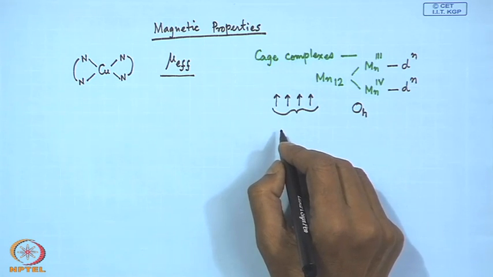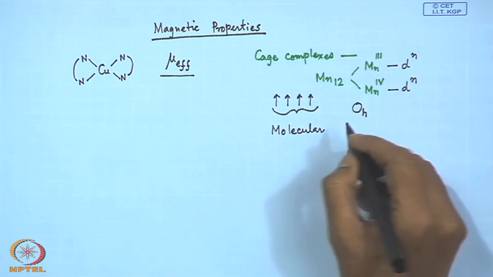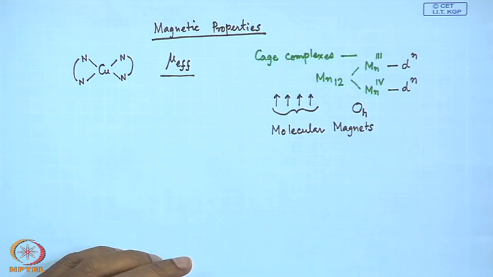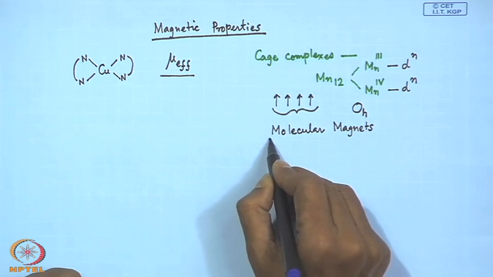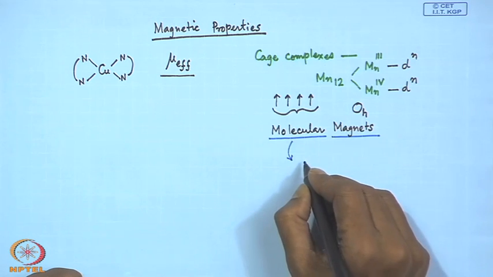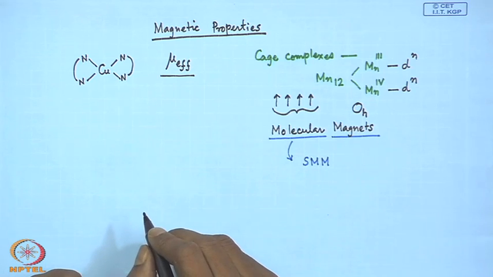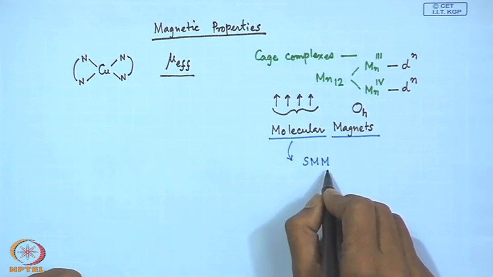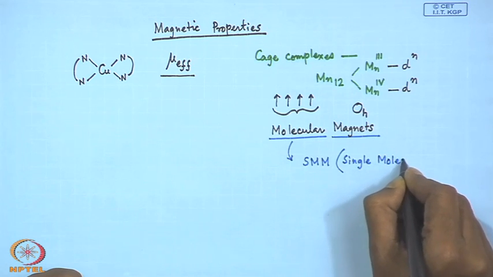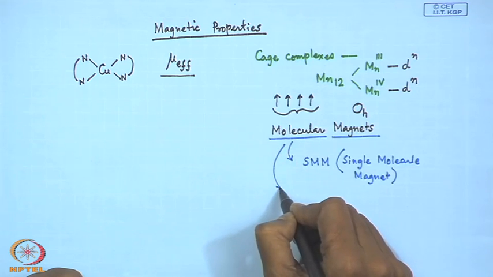Here we see that we have the molecule, so we can consider them as molecular magnets. These molecular magnets are a very interesting and exciting area nowadays, because this gives rise to 2 or 3 different branches when a particular single molecule can function as a magnet with some characteristic and interesting property. We can call it a single molecule magnet. So, this SMM is nothing but single molecule magnet,